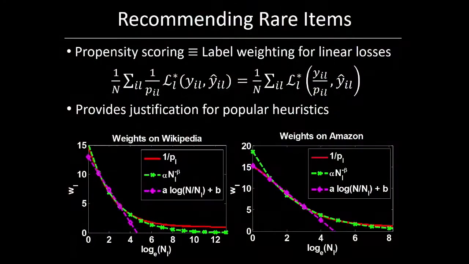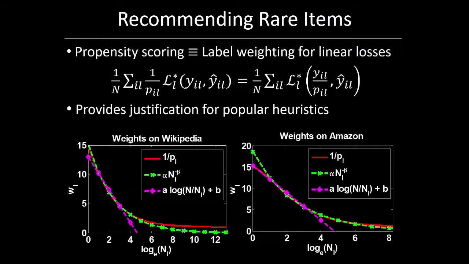And while you can see that there is some similarity with the weights that we've proposed, which are 1 by PIL, there are also some differences, right? Actually our weights match log N by NL on the tail, but match NL to the power minus beta on the head. So you can think of our model as providing a sound theoretical justification for some of these label weighting heuristics that have become very popular in the literature, but where we provide a more principled setting of the weights, because with those weights, you might not even recover valid probabilities from them.